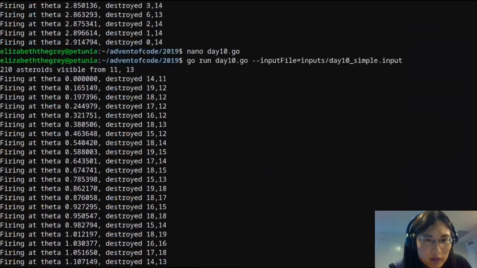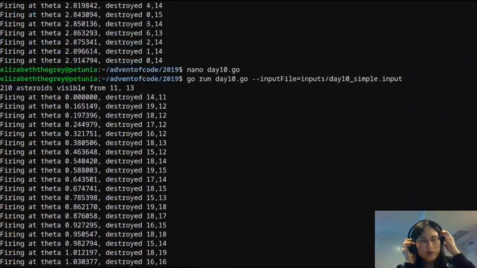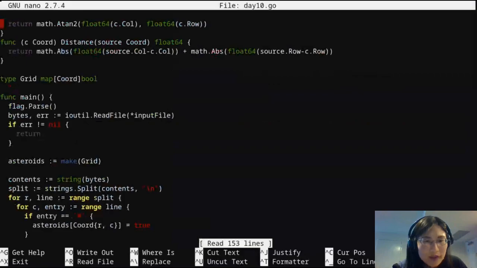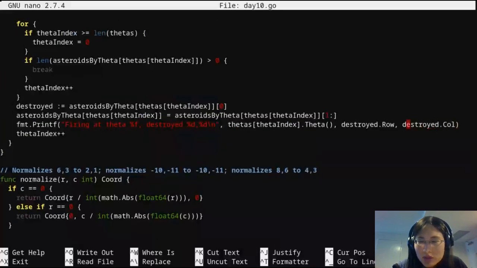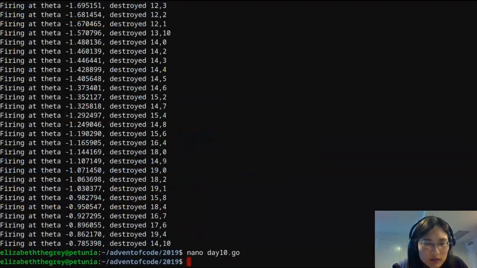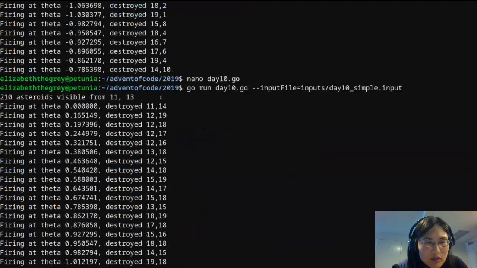Okay. So now it's destroying 14, 11. Oh, that's just reversed coordinates. That's fine. So column, comma, row, because X, Y, yep. Okay. So it destroys 11, 14, but